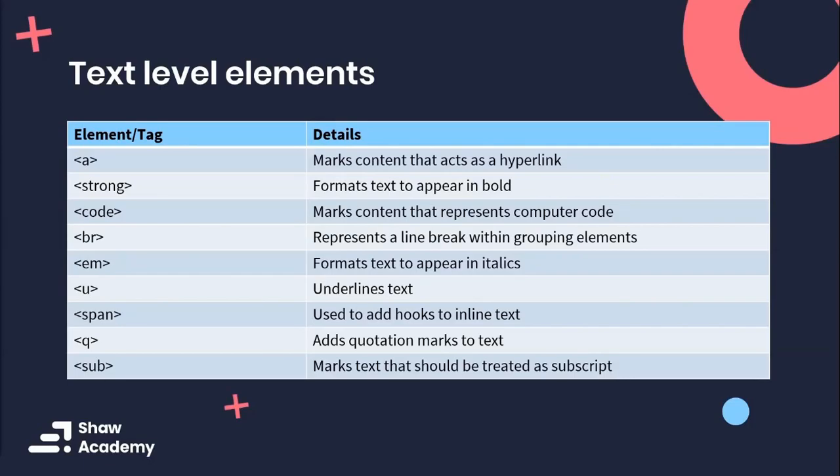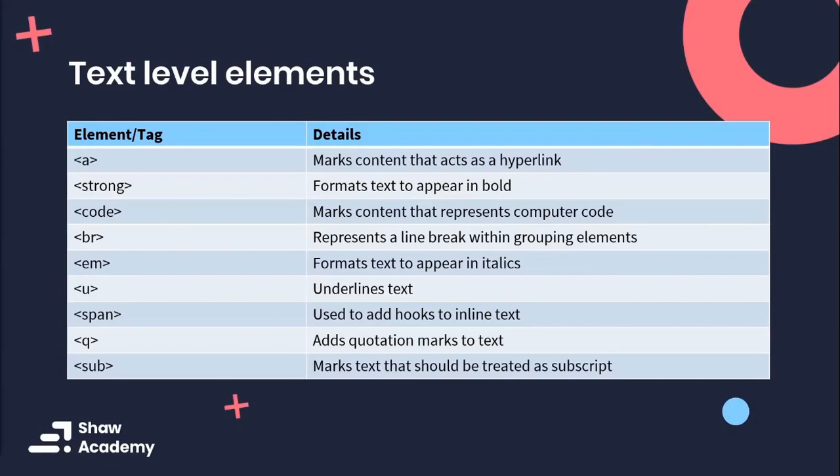So we can use the BR or the break tag to separate content. And we can think about the break tag as a grouping element as well. We also have the EM tag or EM element, and this formats your text to appear in italics, again, much like you could do in Microsoft Word, for example, when you highlight a certain part of your text and you click the I button